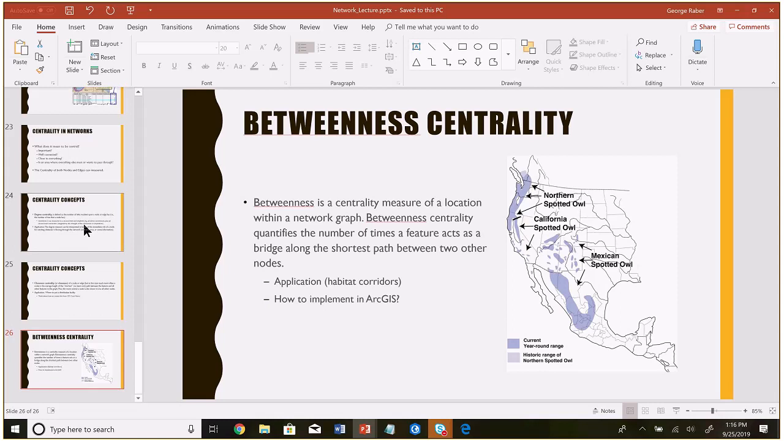All right, and then finally, betweenness is another centrality measure. It quantifies the number of times a feature acts as a bridge along the shortest path between two other nodes. So to model this, it actually would require a script. You'd have to have all of the shortest paths modeled. And once you had all the shortest paths modeled, let's say we did it with this, let's say you had all of our facilities